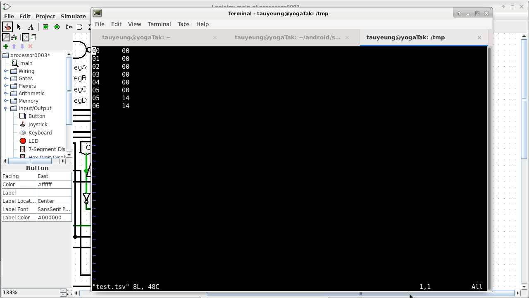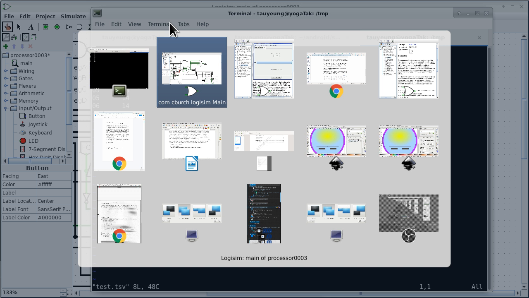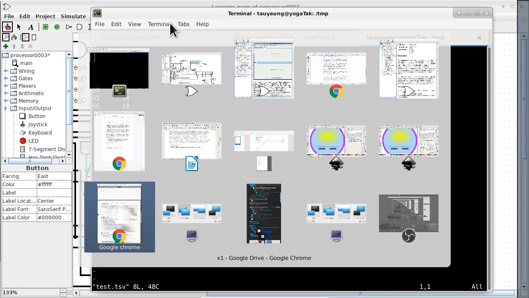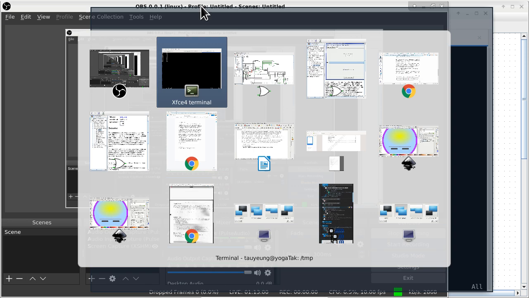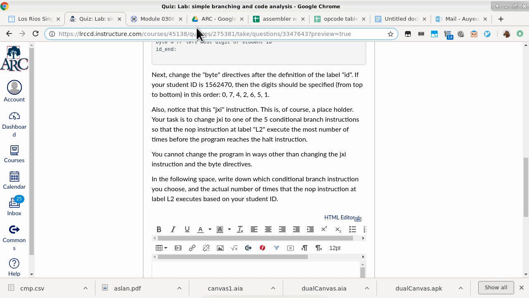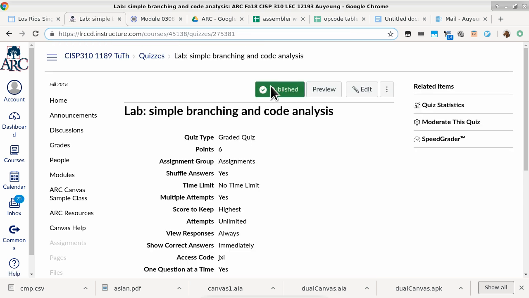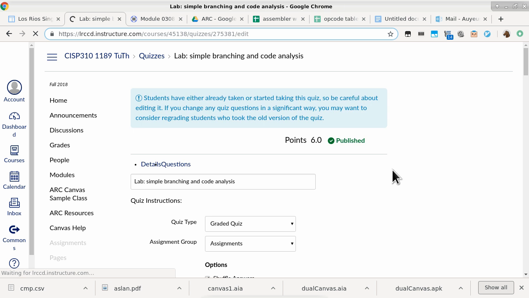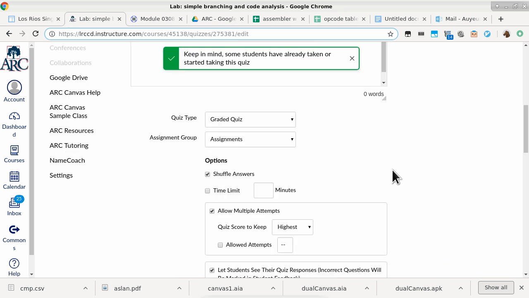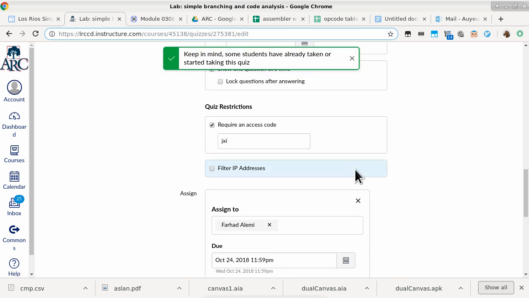All right, so I'm going to go to the lab, after I shut down everything here. Hold on a second. I think, okay, there you go. JXI, lowercase,